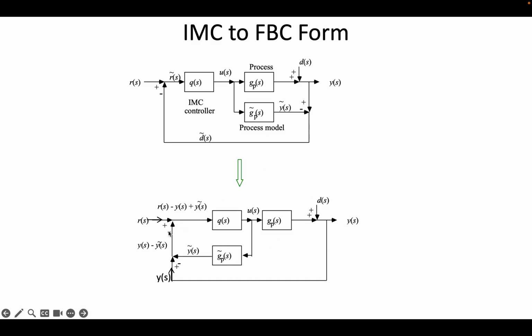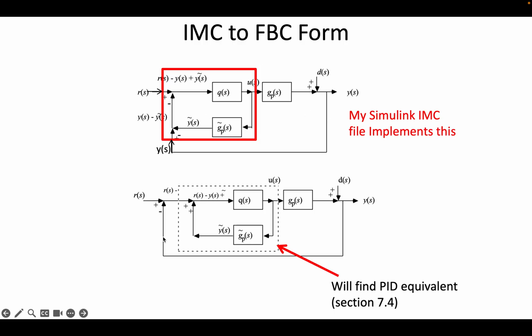This is still the exact same computation that's going on, and the signal that ends up being sent here is the difference between the measured output and model predicted output. So then the next step that you can do is actually take that junction and do some algebraic manipulations and bring it after the set point is compared with the measured output Y, and then that looks like this diagram